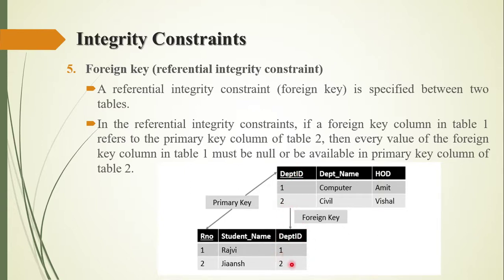So this is the concept of foreign key, that one table's primary key is used in another table as a column. See that department ID is a primary key of this table and we are using the same data in another table. Then this is the concept of foreign key. Okay, thank you.